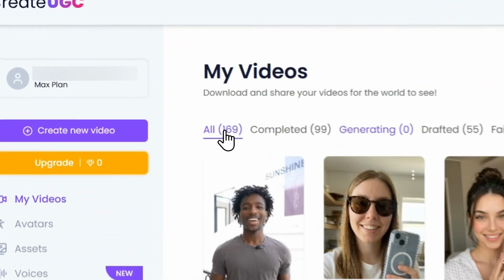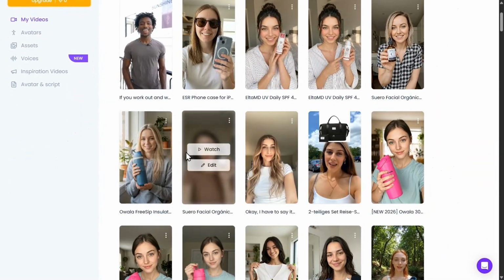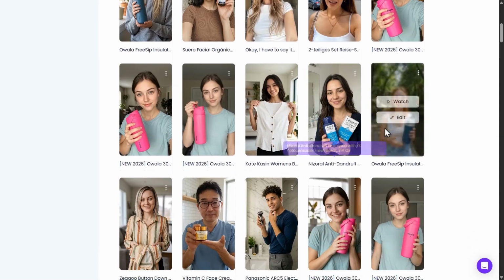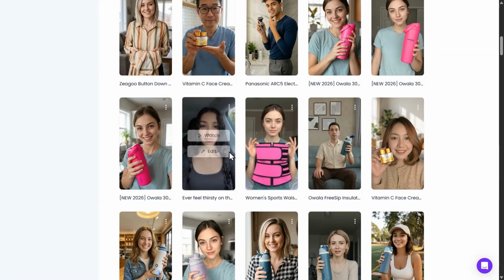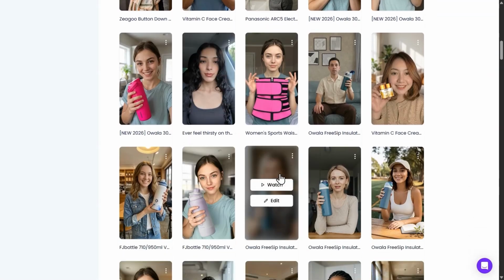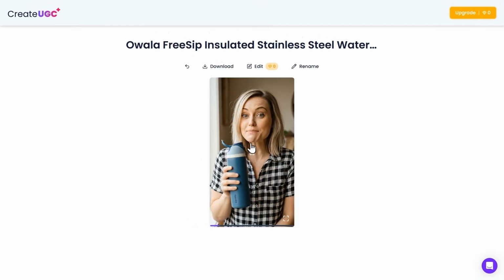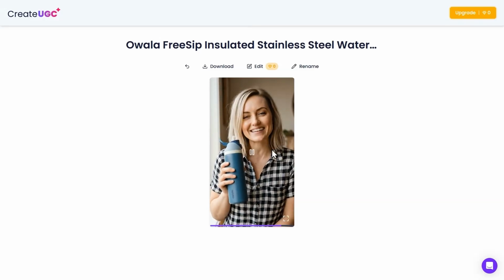One of the strongest parts is not just making one ad, but making many versions fast. That is actually where the economics of a tool like this start making sense. Most people do not lose with ads because they cannot launch one creative. They lose because they cannot test enough variations fast enough. If I can quickly generate multiple hooks, multiple angles, and multiple formats without waiting on creators, editors, or reshoots,